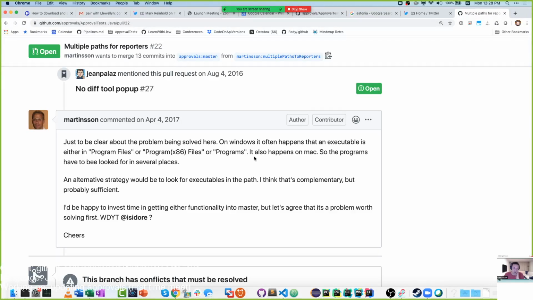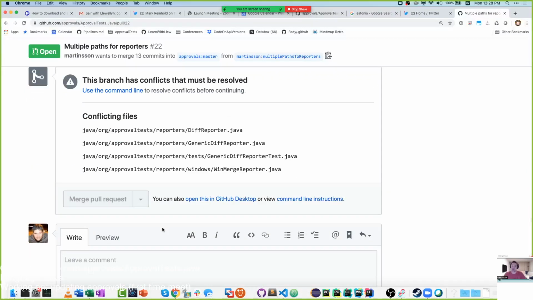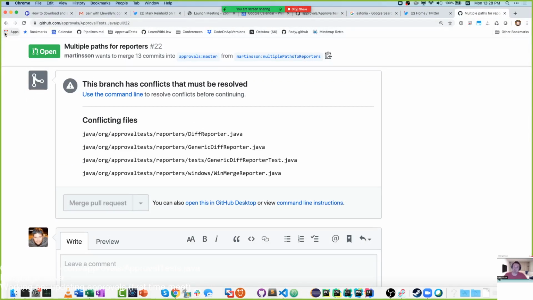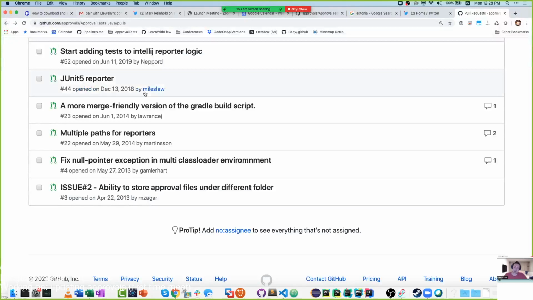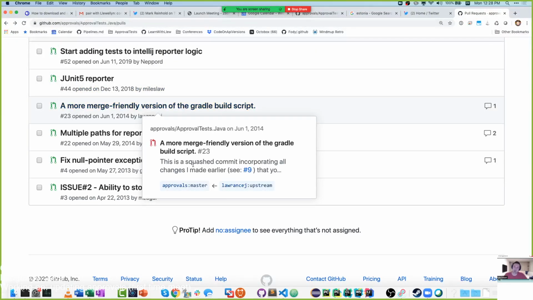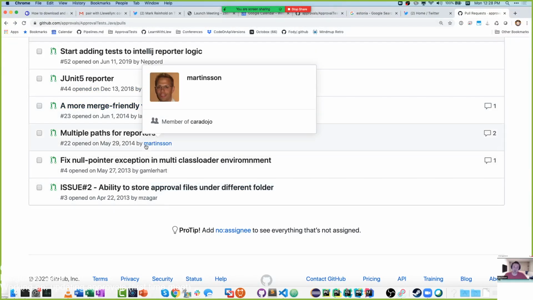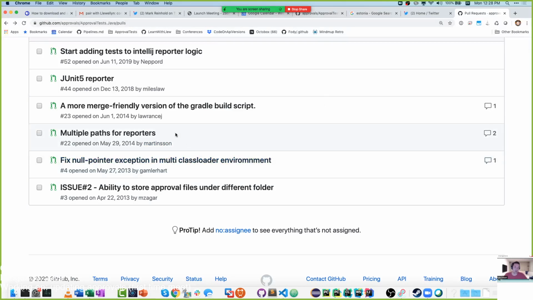Yeah, I have a similar problem when I looked where my IntelliJ is installed on the Mac. I used the JetBrains Toolbox. I think that one also uses a different path than if you install it the other way. We'll come back and look at this. There's a lot that I've learned about reporters since then, so let's hold on that one.